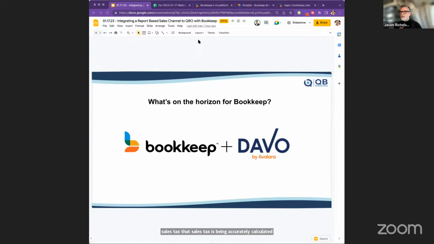And so we have signed a deal with Avalara and Davo. You probably know the Davo product. That same information that's already coming into Bookkeep, you can turn on the Davo product inside of Bookkeep, so you only need to maintain the connections to Bookkeep, and get your client to connect to Bookkeep only. That same data will be used with Davo to automatically set aside sales tax, file it, and pay it automatically, taking all that liability and risk off of your hands and fully automating it